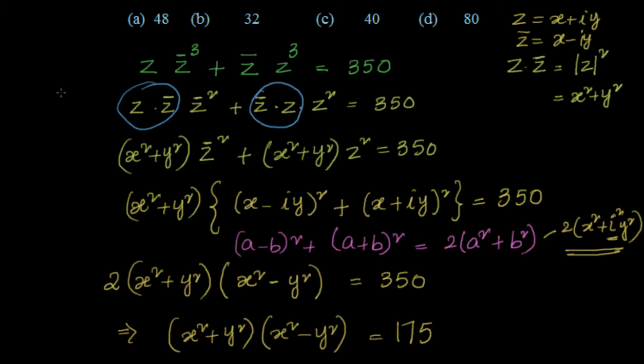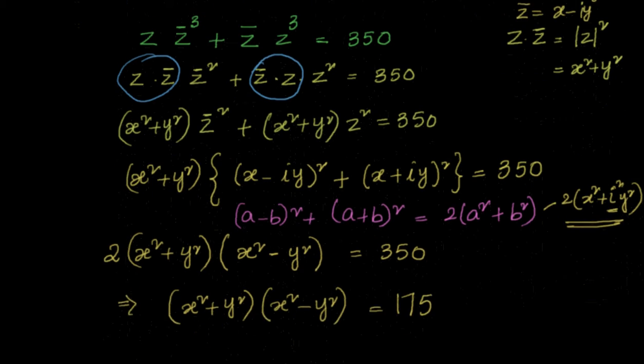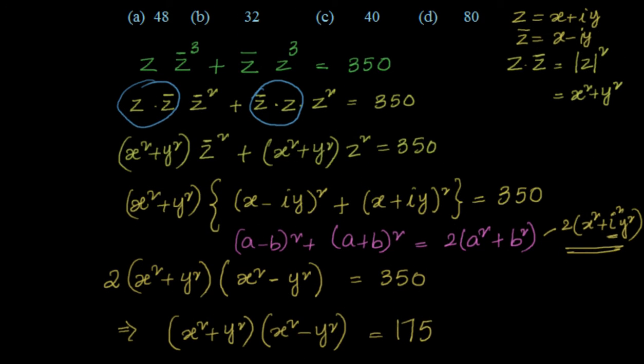This is where we have a roadblock. This is where we have to go back, look at the problem and see how to move forward. That's when our integers will play a crucial role. It says that x and y are integers. That means I have to find integers which will add up and multiply in such a way that I get 175. For that I'll look into the factors of 175. What are the factors of 175? Prime factorization gives me 5 × 5 × 7. So the options I have are 1 × 175, which I rule out, and the next one is 5 × 35.